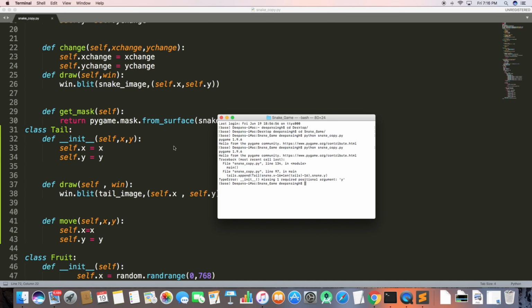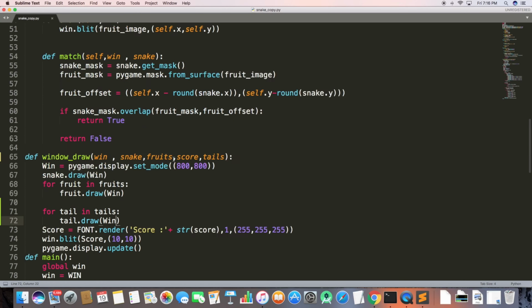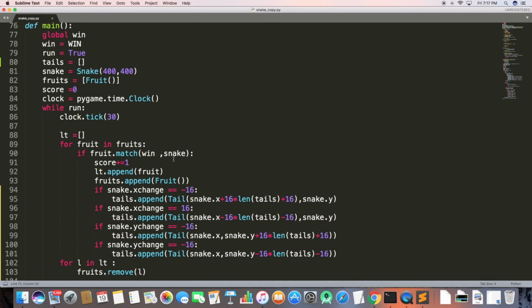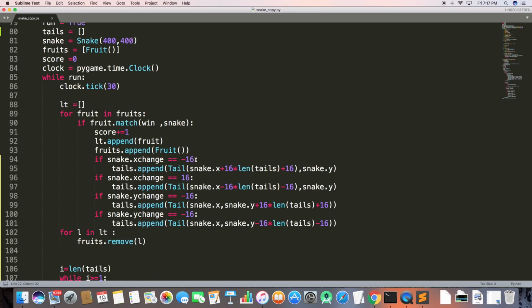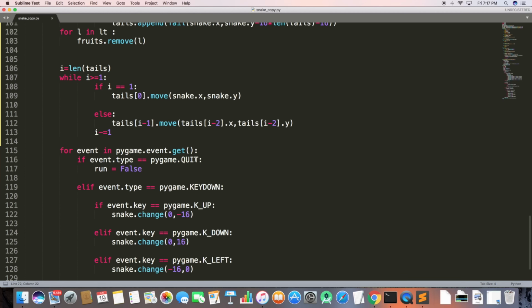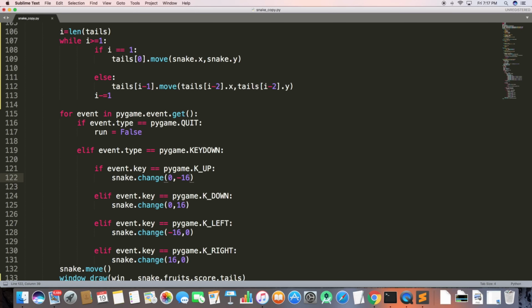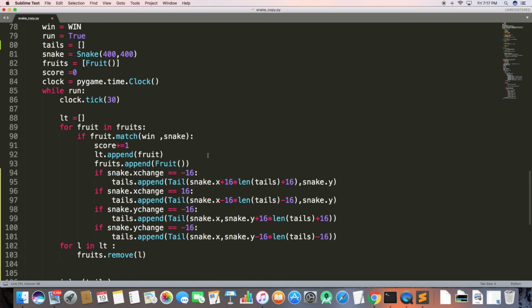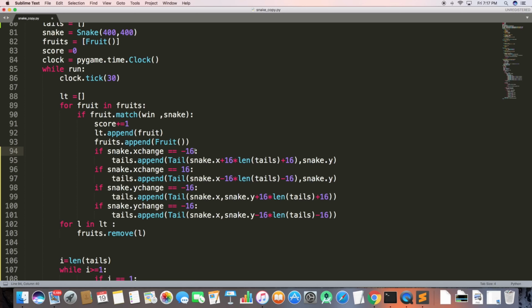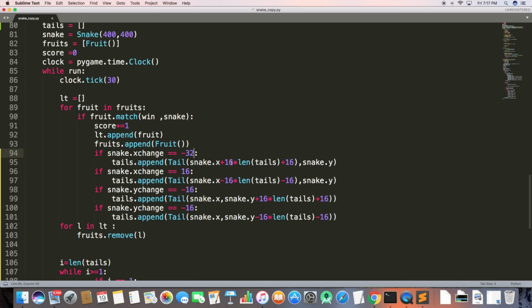So every frame it moves to the next box. Let's say the whole thing is small boxes, and every time I move the snake it shifts to another box. If its size is 32 by 32 and I'm moving it by 16, it's moving to half another box, rather than moving to the complete next box. That's why I need the speed to be 32, so that it moves to the next box and makes room for my tail, whose coordinates are 32. And in this way it works.